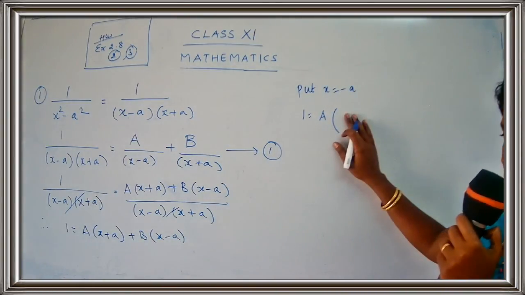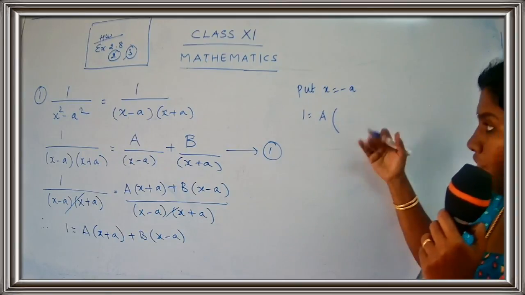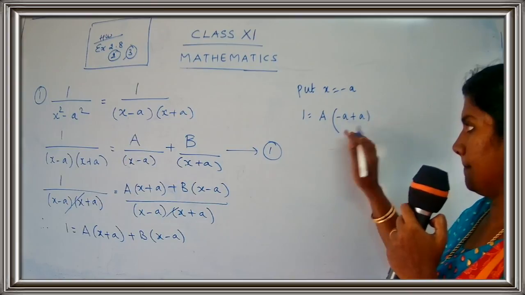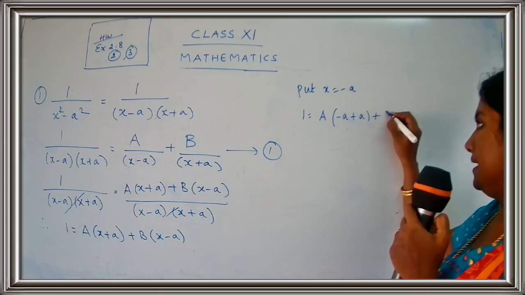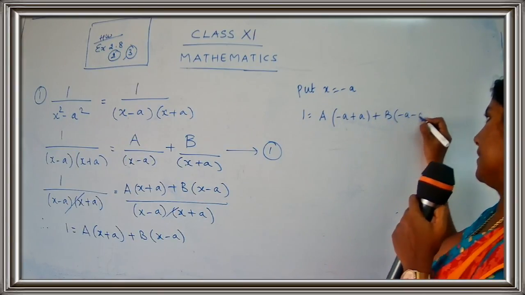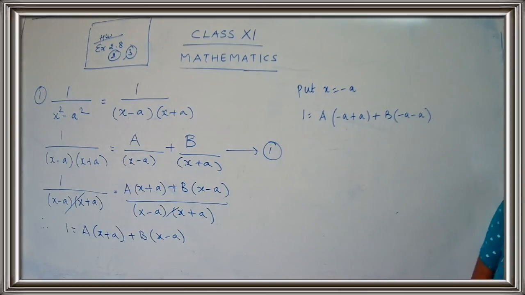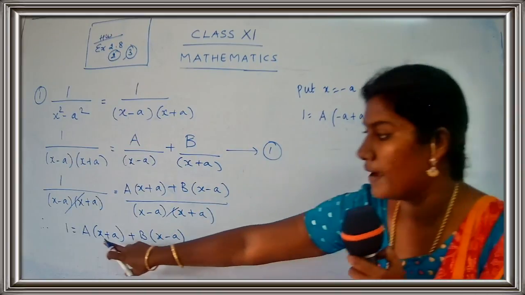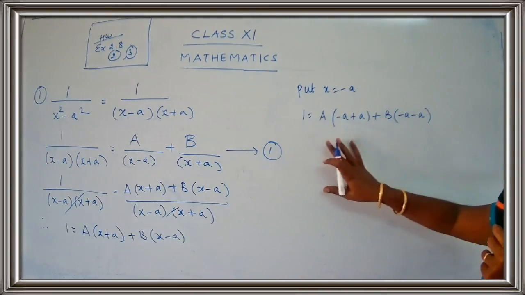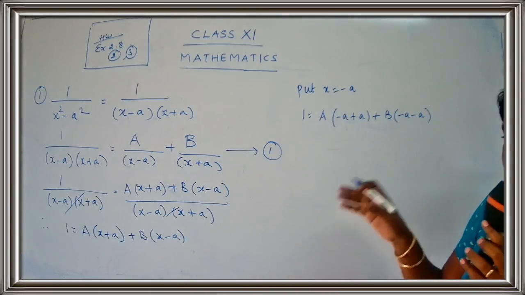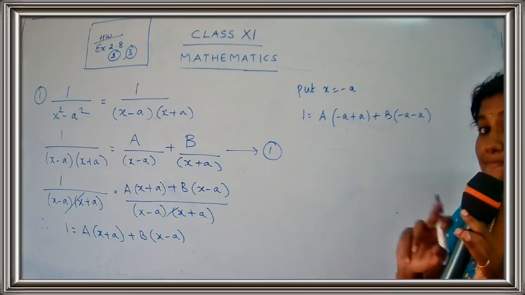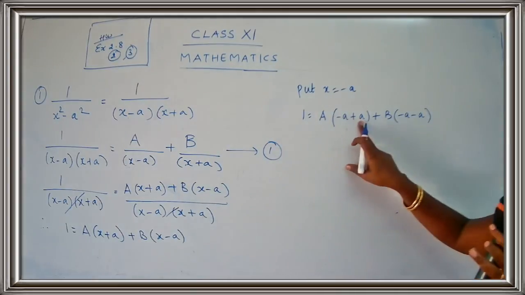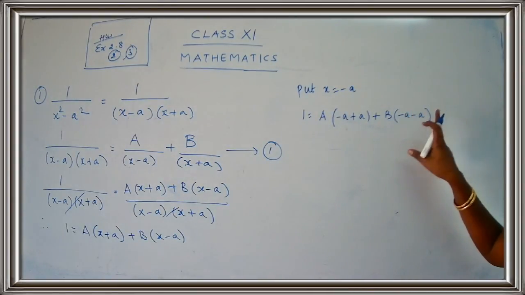I'll just, for this step, I'll write fully. For the next step, we'll do it directly. Okay, children? So put your minus a plus b minus a minus a. Are you clear with this step? So x is equal to minus a. So everything I'm just writing the same. I'm just going to change x. So wherever you have x, you have to write there as minus a. So 1 is equal to a. This is minus a plus b minus a minus a.